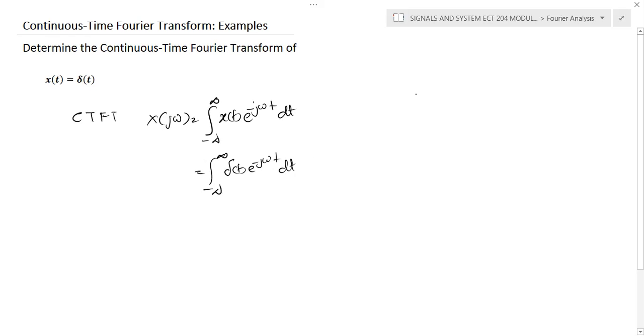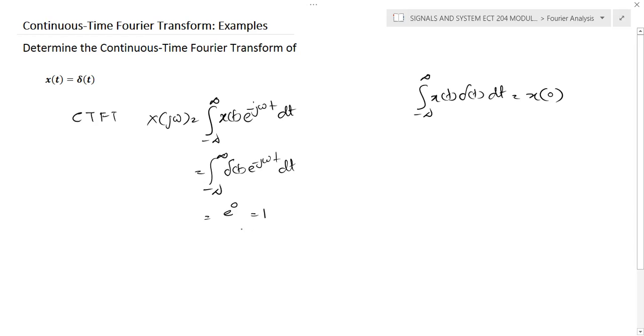So we know the property of impulse signal. If you perform this operation by using the property of the impulse, it's simply x of 0. If you integrate the signal from minus infinity to infinity, x of t into del of t dt, it's simply x of 0. Or we can say this integration exists only at t is equal to 0. So if you substitute, e raised to 0 is equal to 1. And we don't want to evaluate this integral because del of t exists only at t is equal to 0.